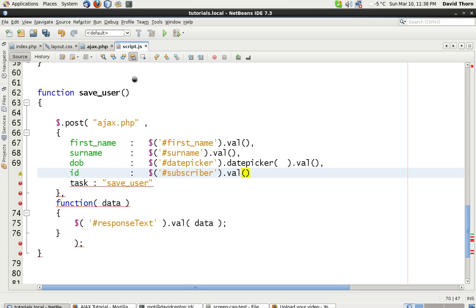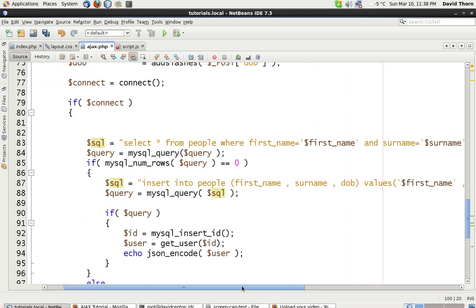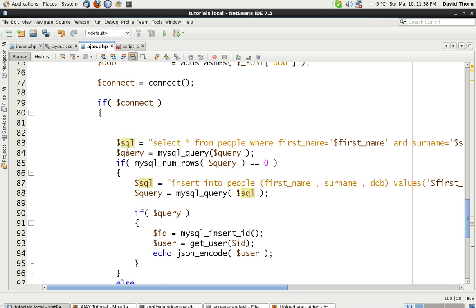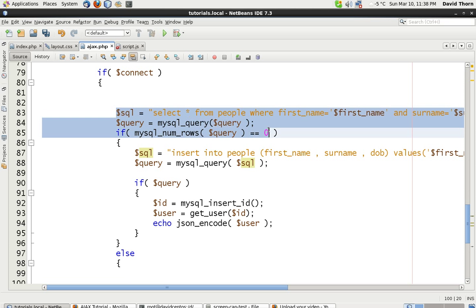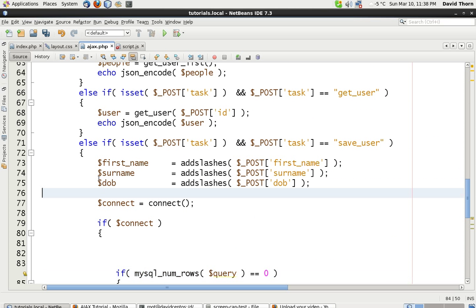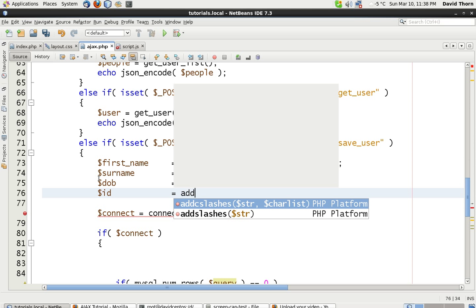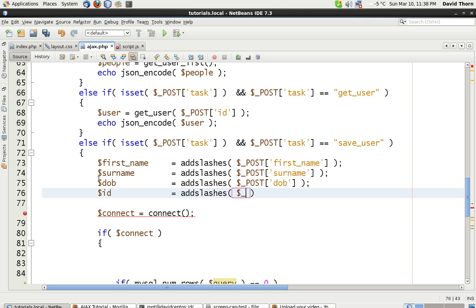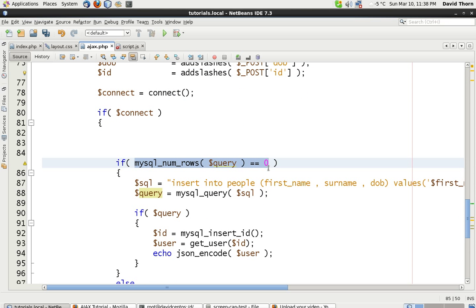Now the only thing we've got to check on the server is for 0. Okay, so select everything from people where first name. Okay, we don't even need that. We can just turn around and dump that. Okay, and now we need ID. Add slashes on this and post ID. So this is potentially going to store the ID, and we're going to say on here